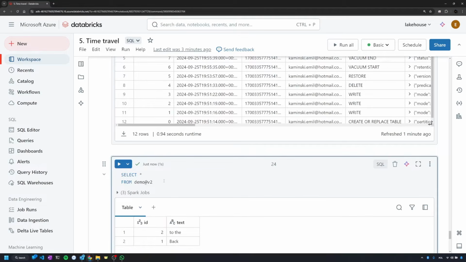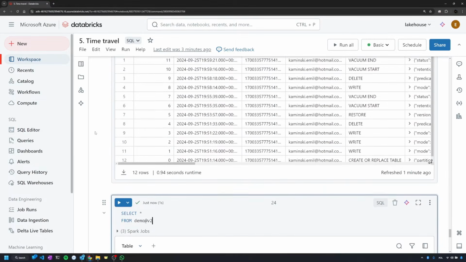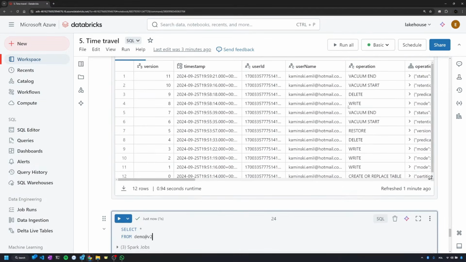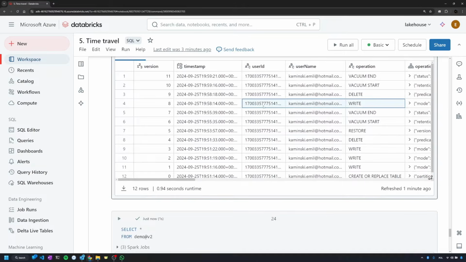So actually this one was successful, and this is a good example. The reason is that vacuum has removed the files, but not the files which are mandatory to travel to this particular version. But if we look at the history of the data, this is the moment where we were adding the record, which later on has been deleted, and we ran the vacuum. So if we would like to do the time travel to version number 8,